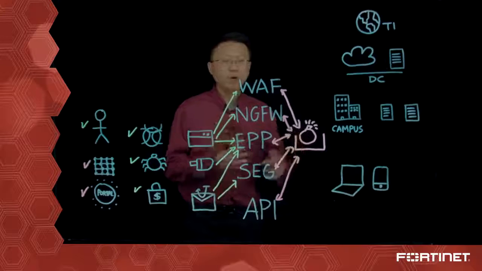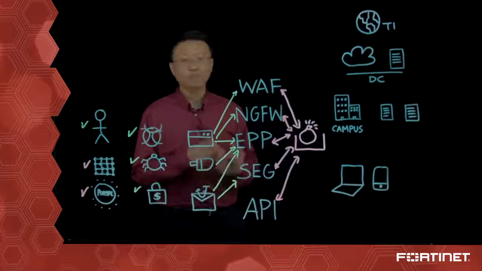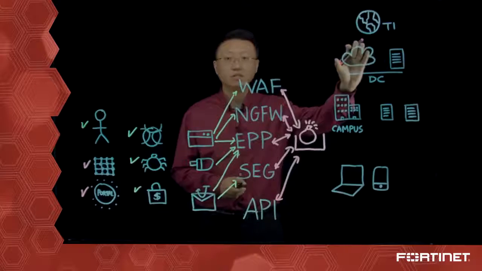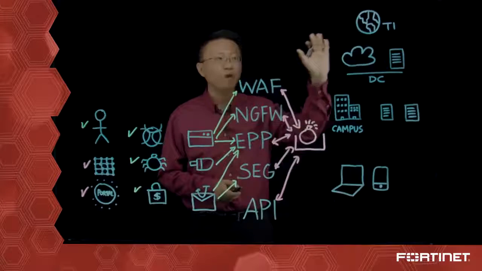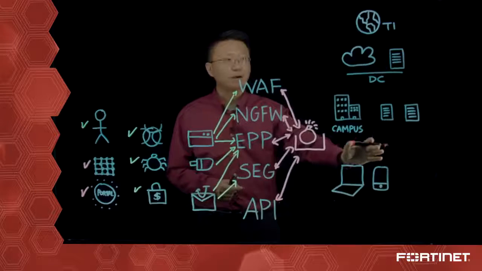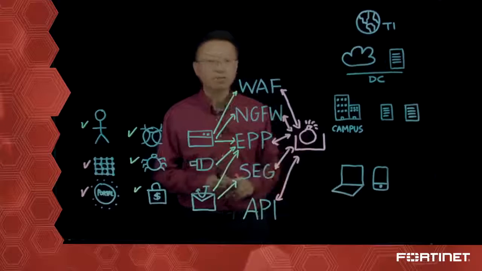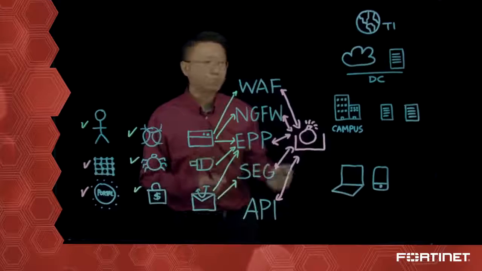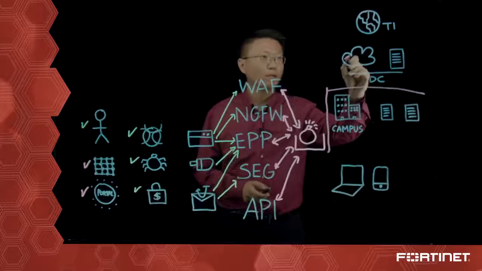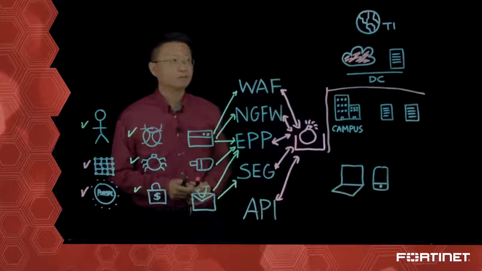And as you see, more and more organizations are embracing digital transformation initiatives like moving their applications and services into the cloud. So it's also very important not only to protect your assets in the campus, but also your assets in the cloud. Now, FortiSandbox offers not only an on-prem solution to protect your campus, but also one within the cloud as well, such as AWS.